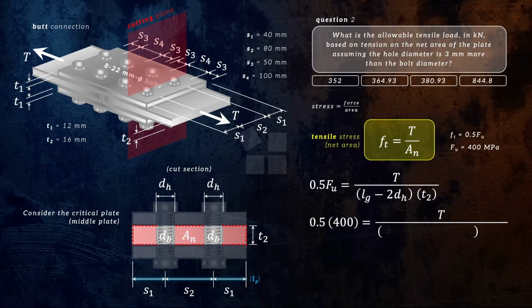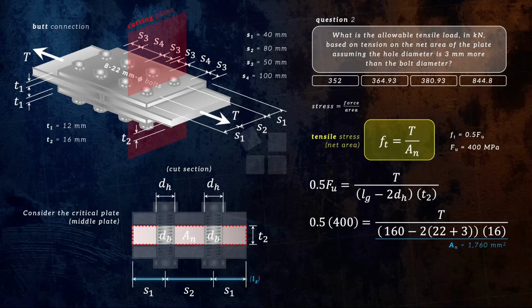Let's focus first on the first quantity. A while ago, we computed the value of Lg, or your gross length, which is simply 160 minus 2dH. From the assumption stated in the question, the hole diameter is 3 mm more than the bolt diameter. Hence, we now have the quantity 22 being the bolt diameter plus 3. Then multiplied by T2, which is simply 16. This entire expression at the denominator is simply your AN, or your net area, which if you calculate will be